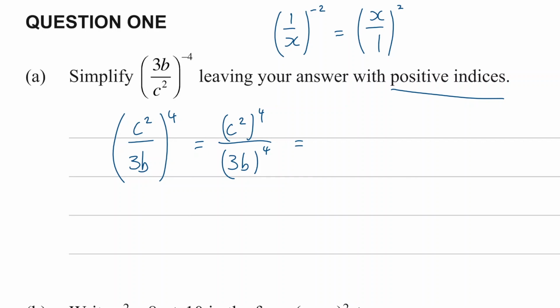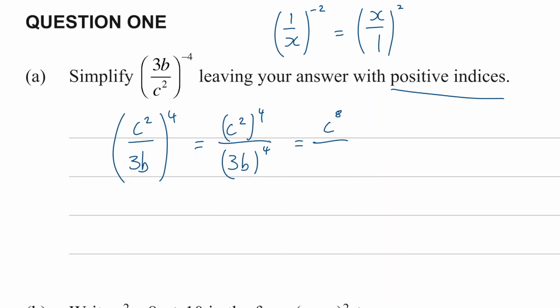We raise a power to another power. So to combine those, we multiply. So it would be 2 times 4. And I'll just skip a step here, and that will become 8. So c to the power of 8, all divided by, now here's the bit a lot of people mess up,